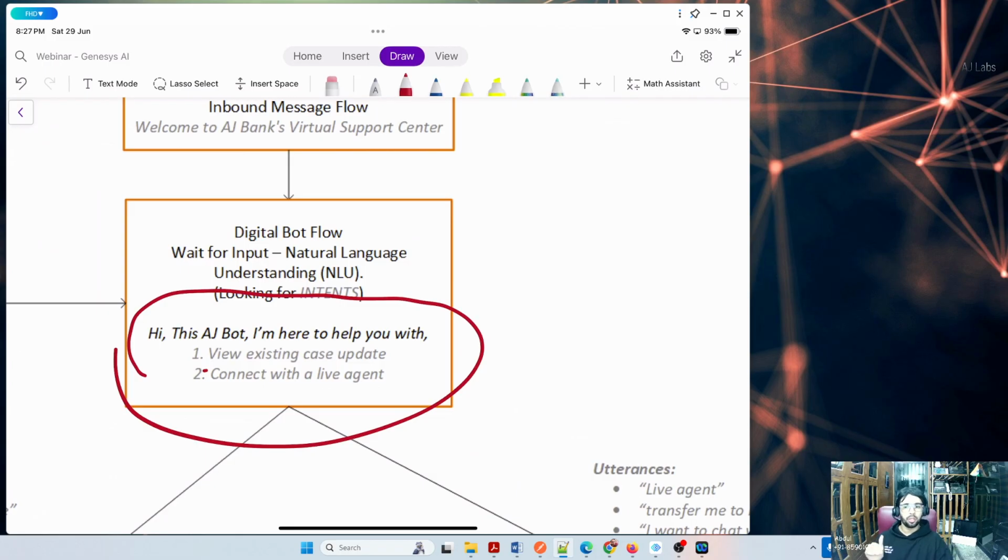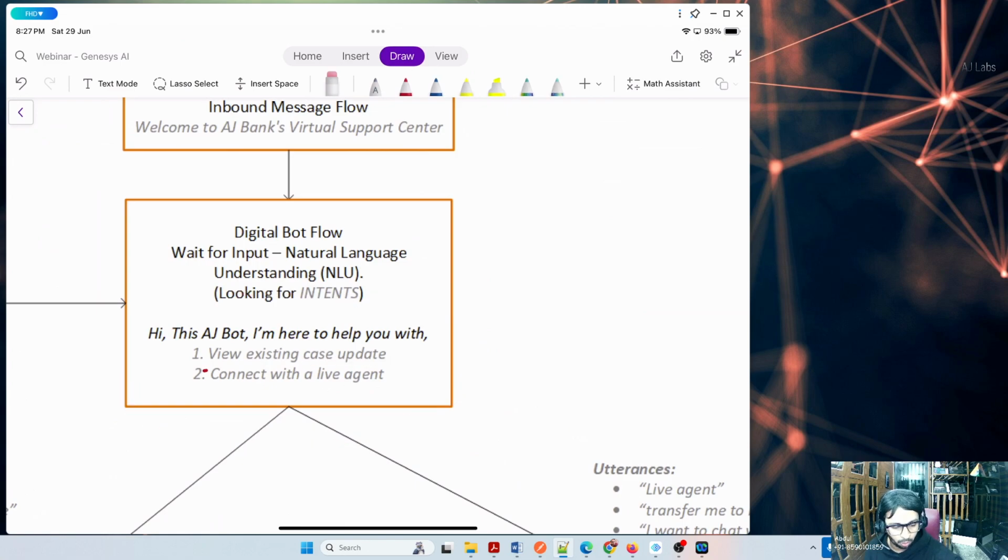You shouldn't be asking open-ended questions in a chatbot. When you ask an open-ended question like, hey, how can I help you, then the customer can say anything. Based on my capability, I designed it so my chatbot currently handles these two things. So let me ask this way: view existing case. Then maybe I can bold this case or existing case update, those types of things, so the customer will tend to choose them. But you tell me the answer. When you get this prompt, how are you going to respond to this? Normally, if I'm looking for a case update, I'll go with the first one. Yeah, that means how you react on the keyboard.